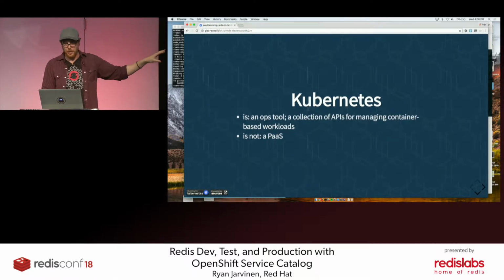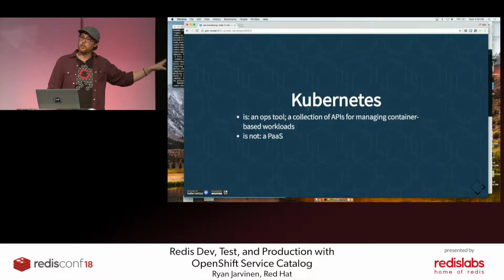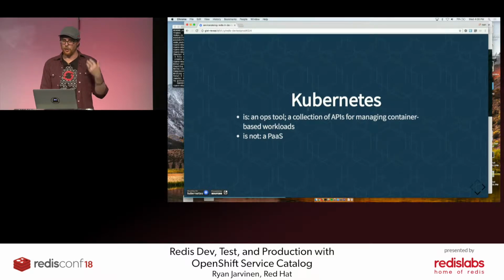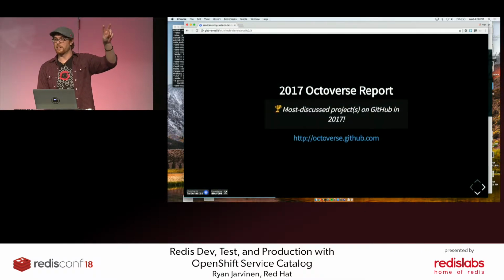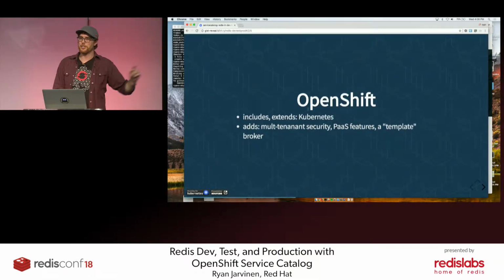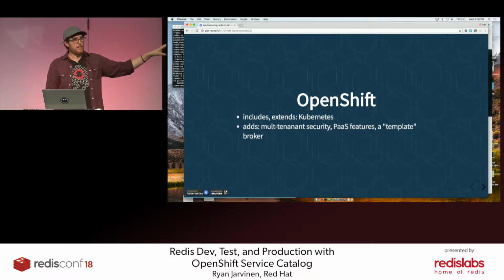So incredibly popular. So you have a huge audience to target using this service catalog, a huge user base, a popular platform to hit. The number two most discussed, any guesses on this? It was also Kubernetes. The number two most discussed project was OpenShift, which is designed to sit on